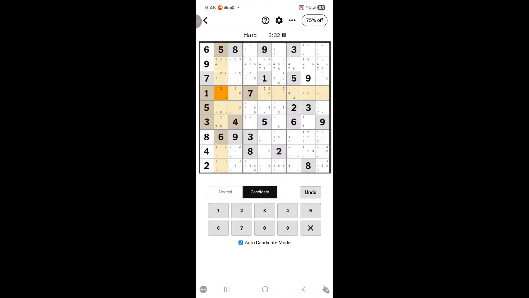What else do I have? Oh yeah, 4, 5, 8. We already have that, so not 4, not 8. Yeah, that's correct. 7, 1 pair. Well, because there's nothing else that can fit in here, you can't put 7, 1 in there, so it has to be that way. And then we have